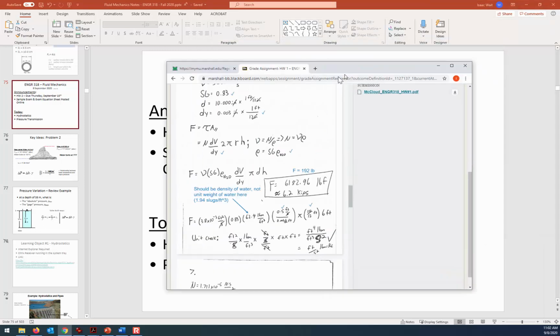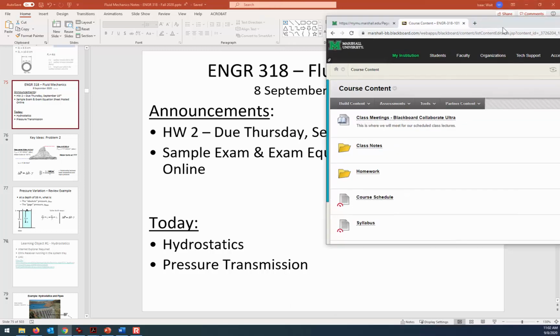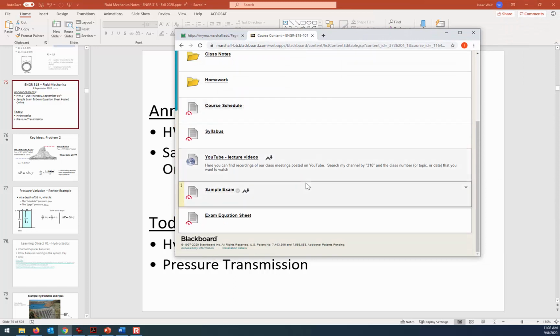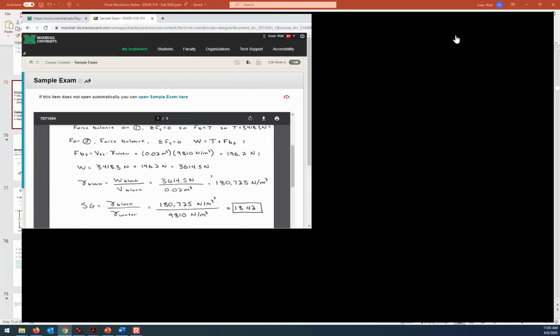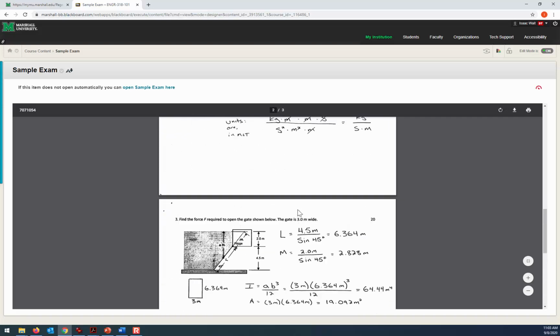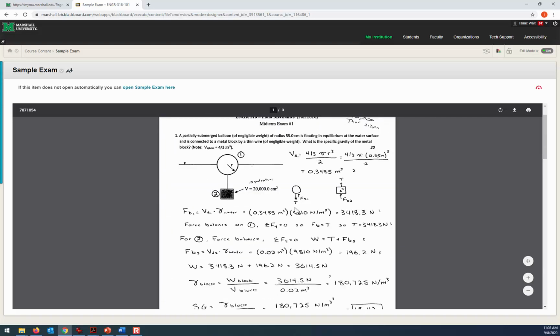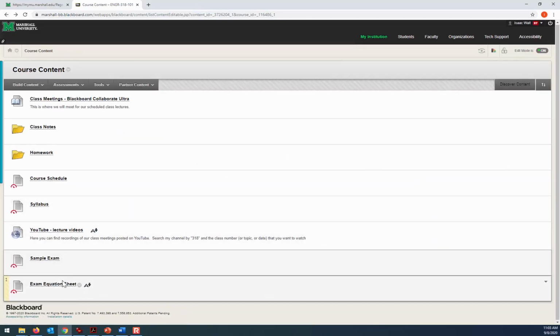In case you want to see what kind of an exam you ought to expect from me, you can find it. It's right here, the sample exam, and you click on that, then you'll get an idea of what a typical exam looks like, and the level of difficulty for the type of material that you've had. Likewise, you can find the equation sheet,